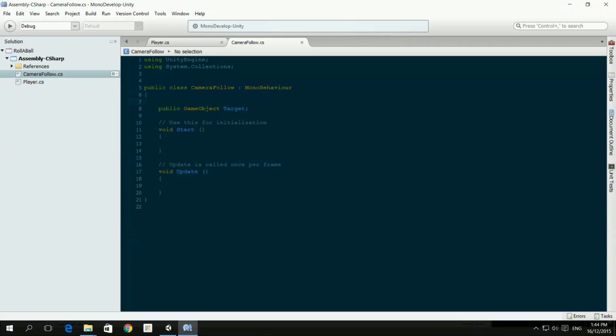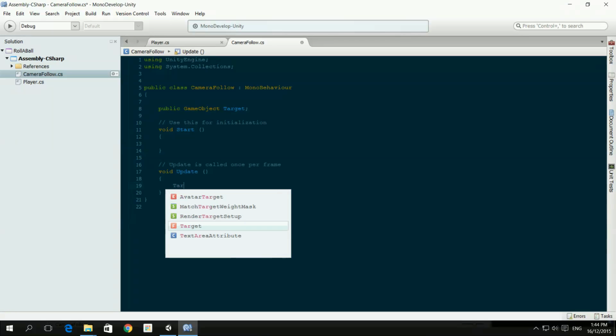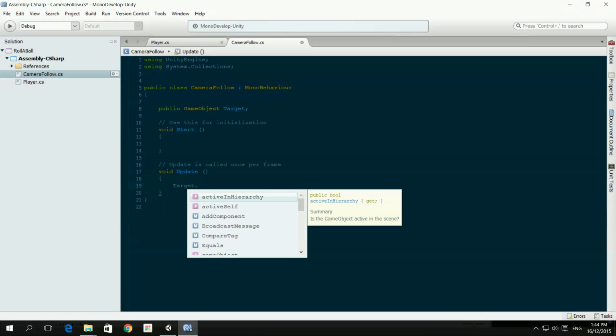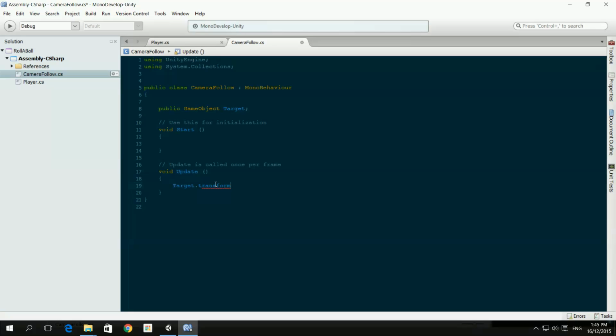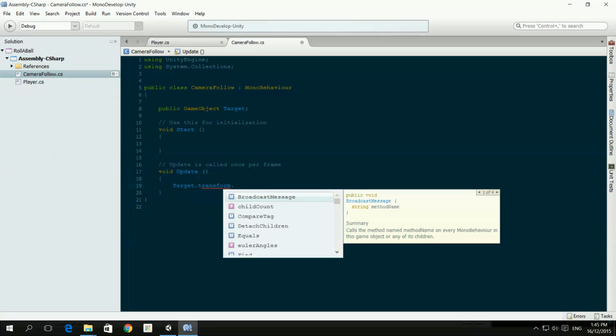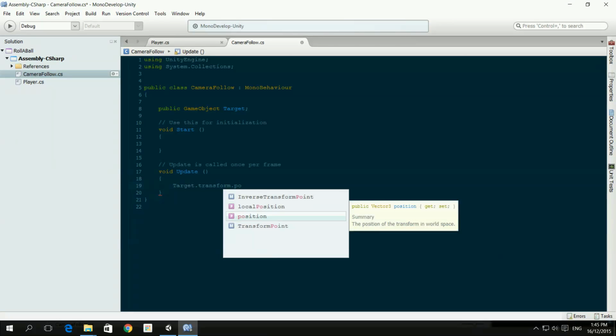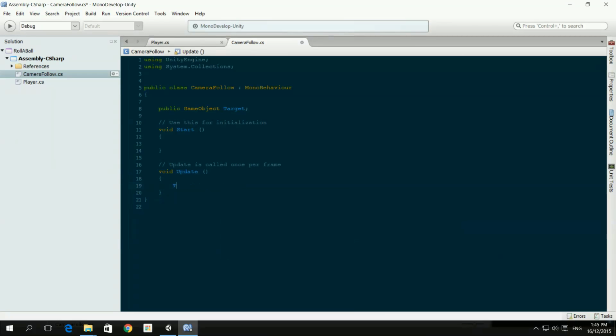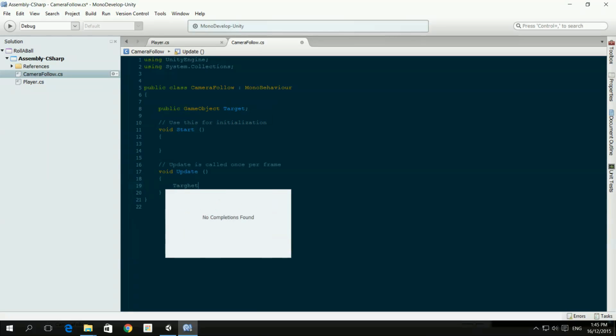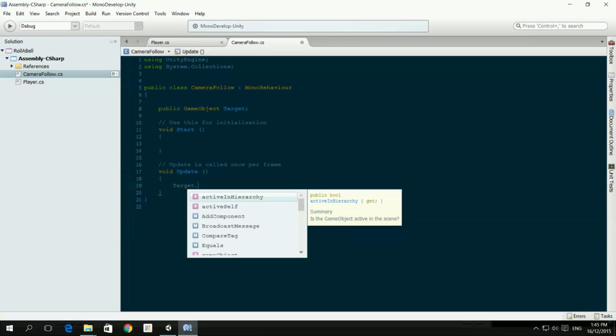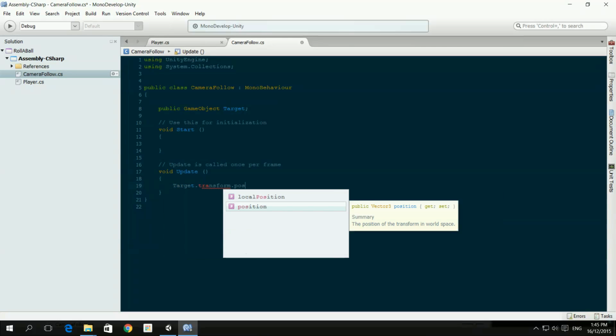Now game object is the granddaddy object. So for example, if I type in target dot transform, we're accessing the transform component of the target, and we are able to get its position, which would be very handy for what we need. Right now this is empty. If we try and access target, we will get an error, and I'm just going to show you that. So if I say target dot transform dot position,